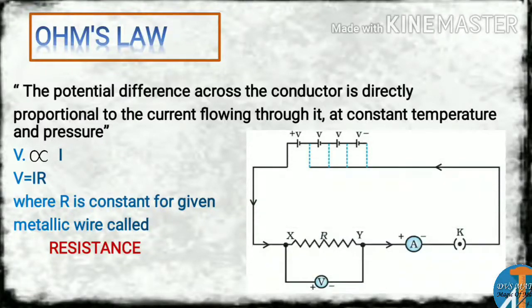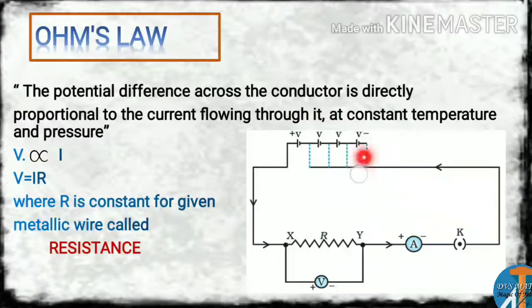Now you can observe the circuit diagram that you have to practice for Ohm's law. It is in your textbook. Here we have 4 cells individually, and a wire connecting. Here is the symbol, as you all know, of resistance. XY is a resistance of R, and it is connected to a voltmeter. As you know, the voltmeter is always connected in parallel. The ammeter is connected in series. And the key. So this is the circuit diagram.